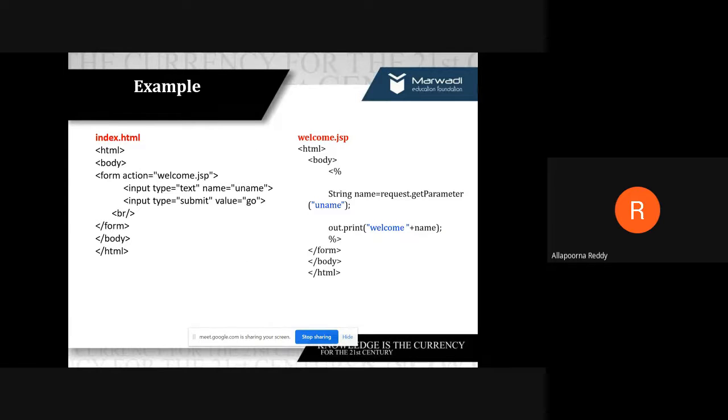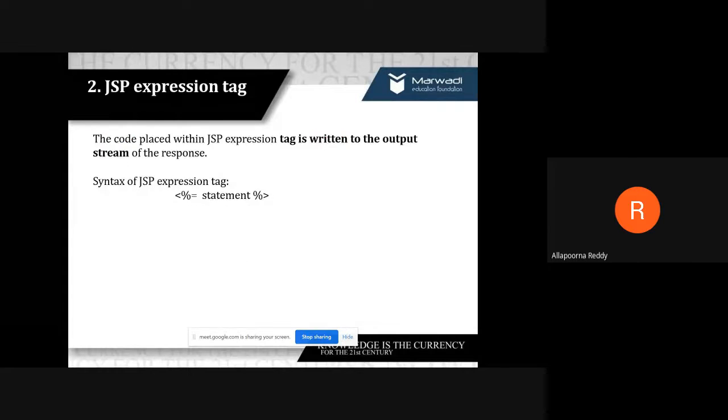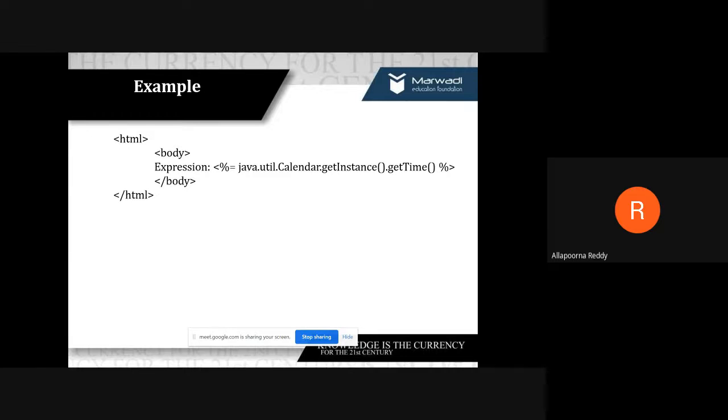I think I went through an example also, right? And the second one is the expression tag, which is used when a user is giving some output with the help of your response object. At that time, the code is to be placed within the JSP expression tag, with the help of the syntax, with some modification: we need to put an equals sign before the statement which you are giving. For that also we have taken an example, right?